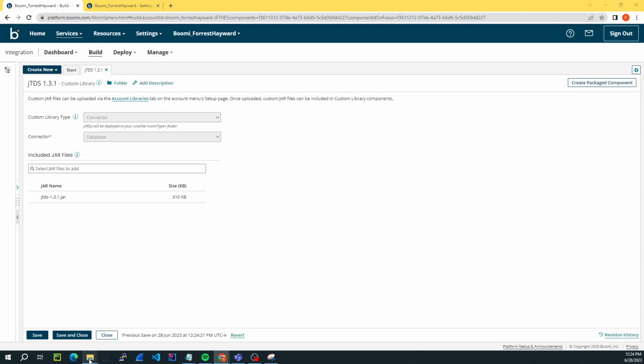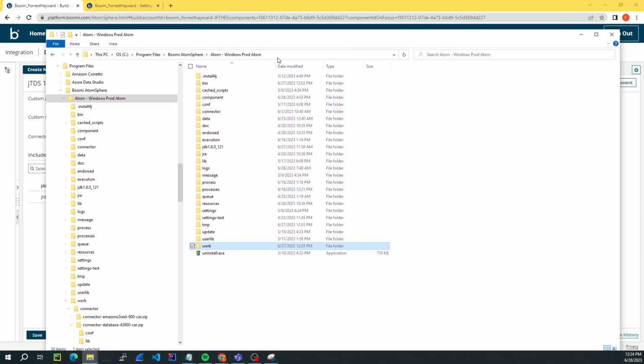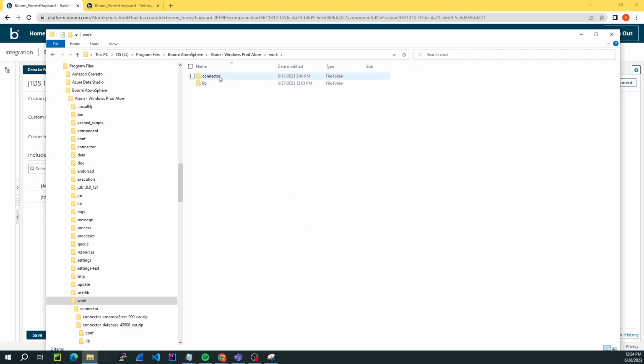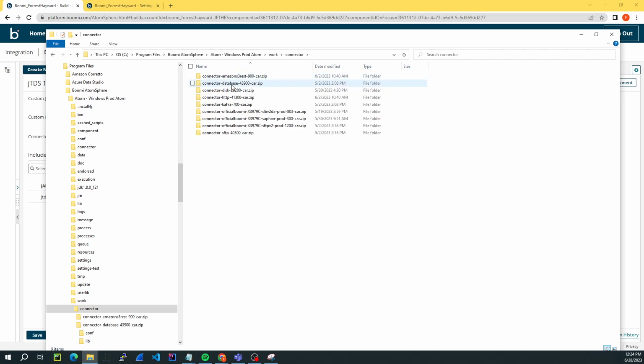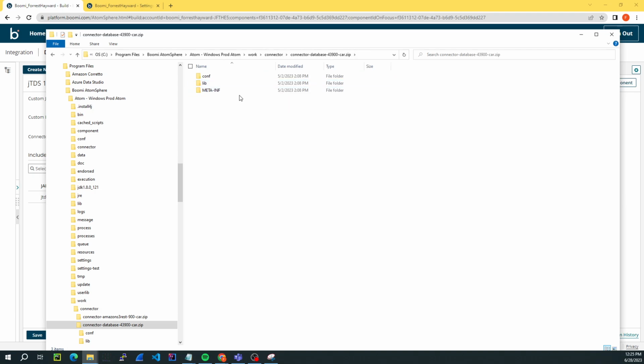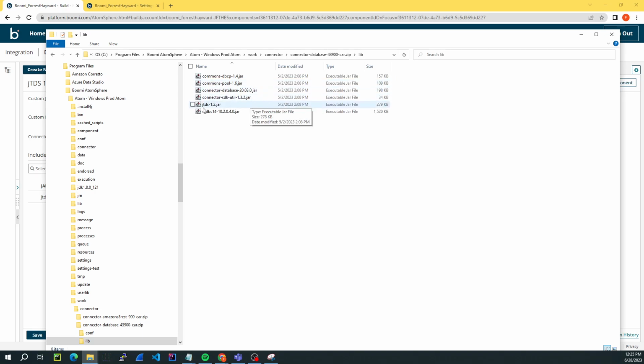After doing that, the next thing you will need to do is navigate to the Boomi home directory and then go to the work directory, connector, and then select the database connector. You're going to want to open up that zip file and then the lib folder within. And then where you see jTDS-1.2.jar, you're going to want to rename this